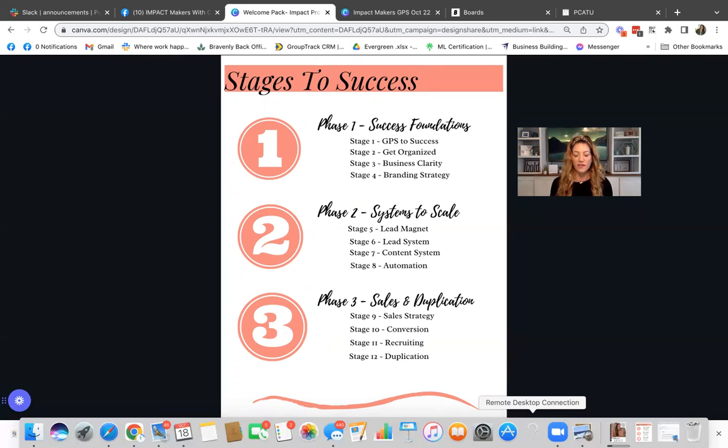I mean, phase 3 is going to be your consistent process: how to sell, how to get in front of people, how to create conversations, how to recruit, how to duplicate. So some of the beginning phases you may stay in longer, you may move through more quickly, but especially in phase 3, this is basically where we're at for the rest of our business. We might need to go back and revisit phase 1 and 2, but that is how it's set up.